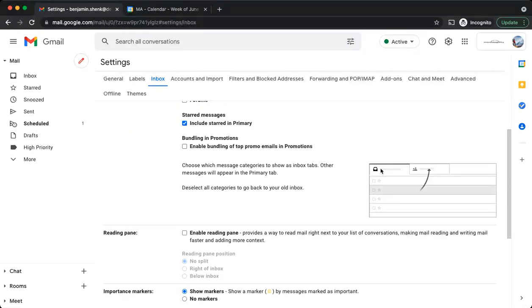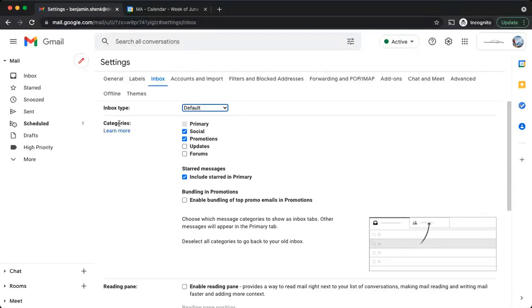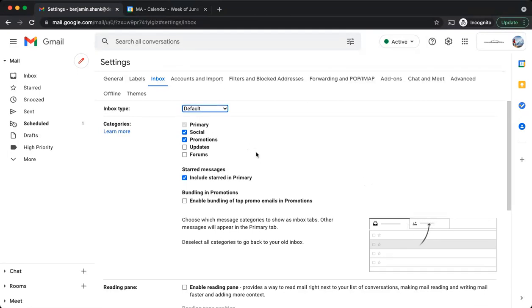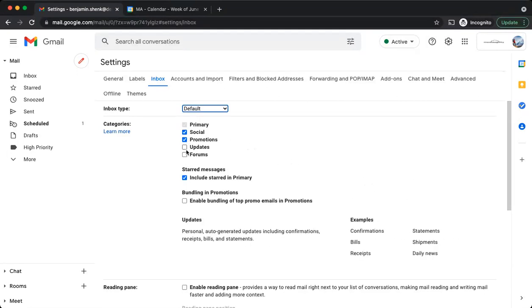So if you have your main inbox, that will be displayed here. If you have social messages coming in, so maybe it's tied to LinkedIn, that will come into a separate little inbox there, or a separate category, I should say, that will be viewed as a separate tab. So you can set this up with all of these different options here,